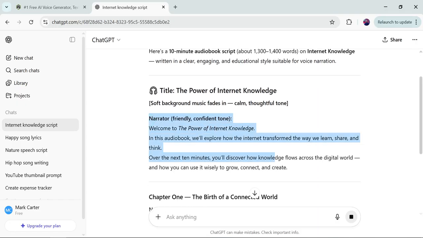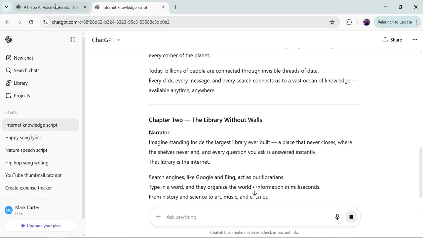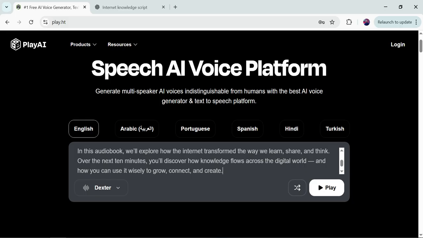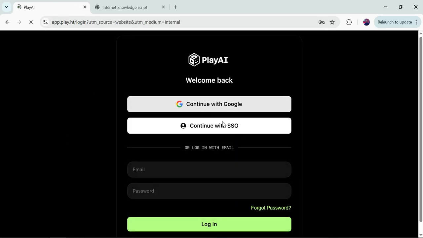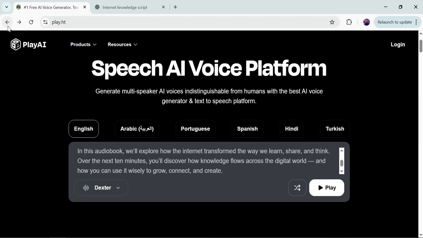I will just check this part. You can simply put the whole script here. Okay, so I'll just click here, and then you will click on this play button, and for that purpose it will take you to the login portion, and then you will create an account, and then you will be able to hear your audio track, and then you can upload that audio track on whatever platform you are using or want to market it on. So that's all about how you can use the play.ht website for creating your audiobooks.